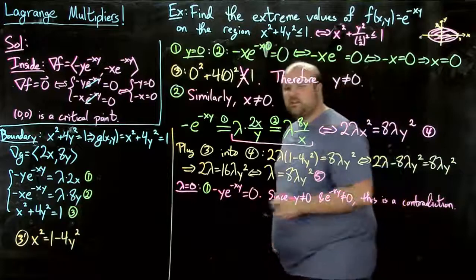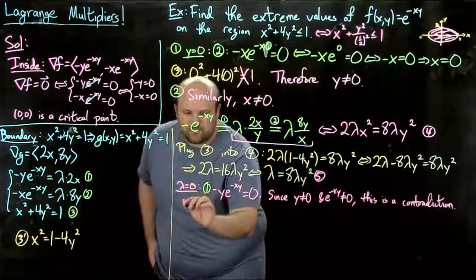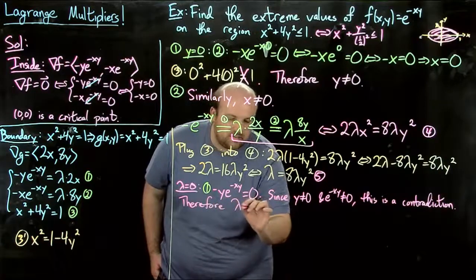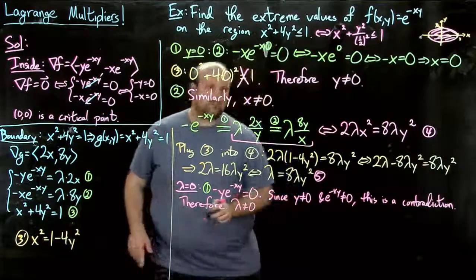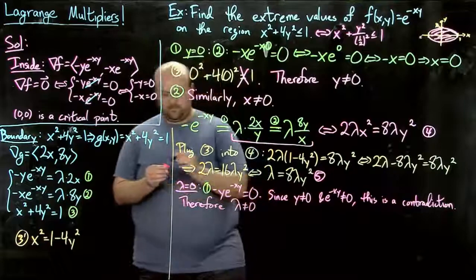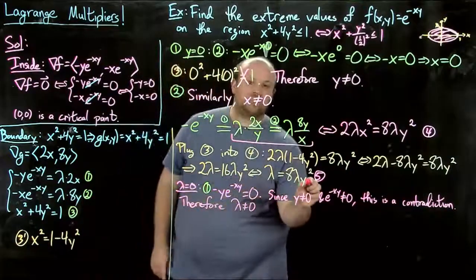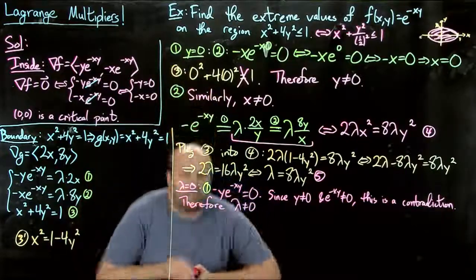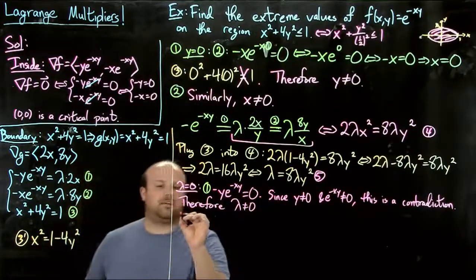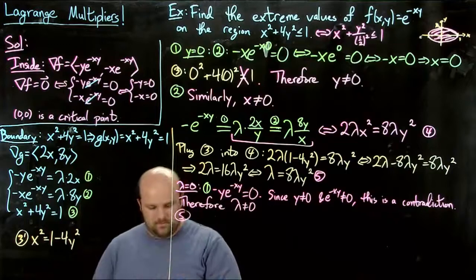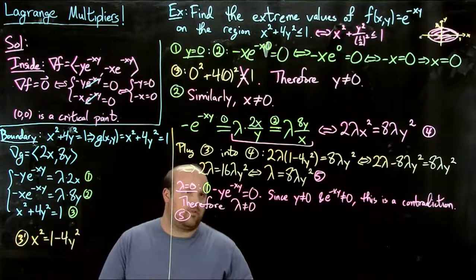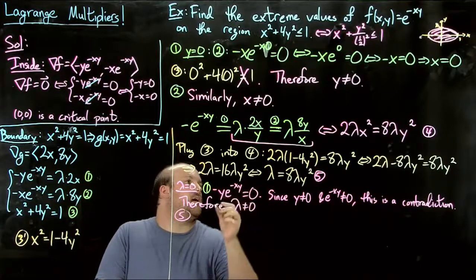Right? So what that means, therefore, is that lambda is not 0. What's the point of that? Well, now in equation 5, I can divide by lambda. So equation 5 will give us that